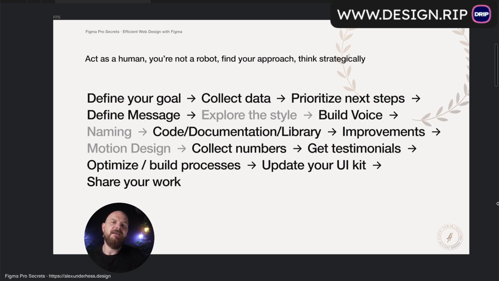And then collect them again in a month from the moment you collected those numbers, if it's a new project. If you are redesigning something, then collect numbers from the very beginning during the stage of collect data, and then collect numbers